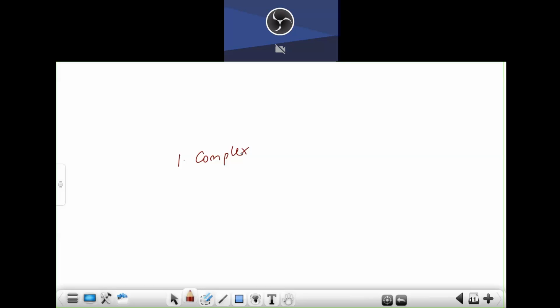I am telling this for the 991 ES calculator. Shift and complex, shift and number 2. Above number 2, there is a complex kind of thing. So you press shift plus number 2, and it will show CMPLX. Press these two, and once you press this, you will get an option.